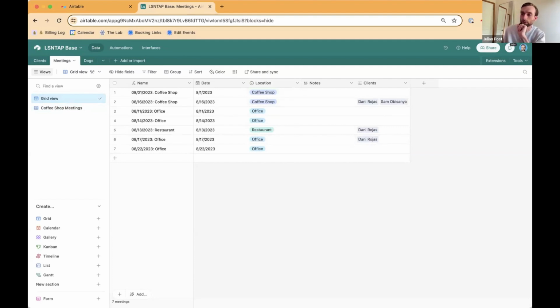Okay, we do have one question, which is, what is Rollup's general function? What could it do for information besides dates, for instance? Okay, that's a great question. And let me give you another example. So we're now in the meetings